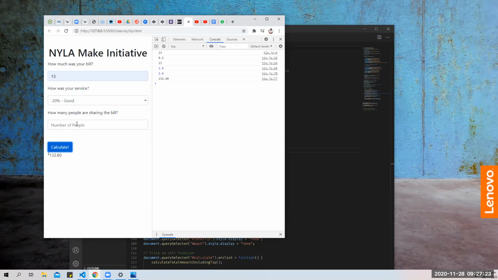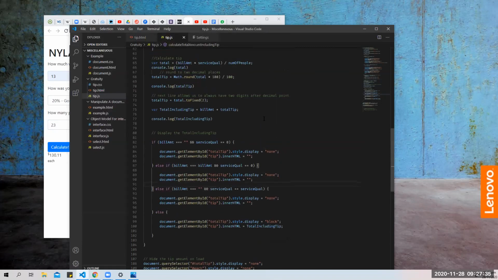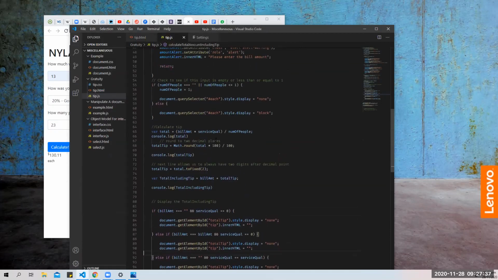132, that's 60. If I enter more than three persons, then the cost per person would be 100 and hold on, that makes sense. When we compare, let me see what's happening here. Bill amount divided by the number of persons times the service cost. All right, it is right. It is because if the bill amount is $13, and then